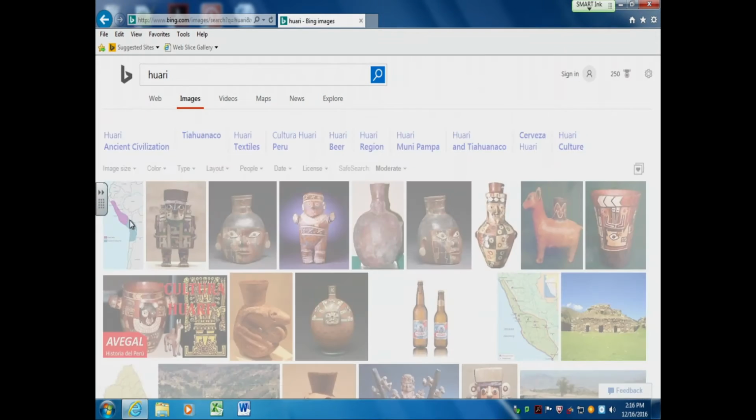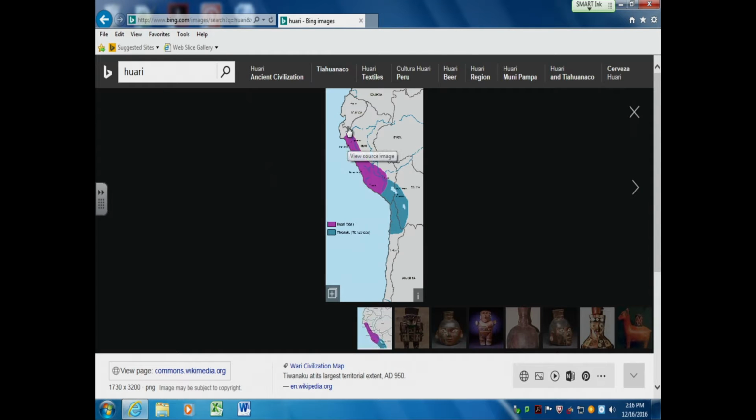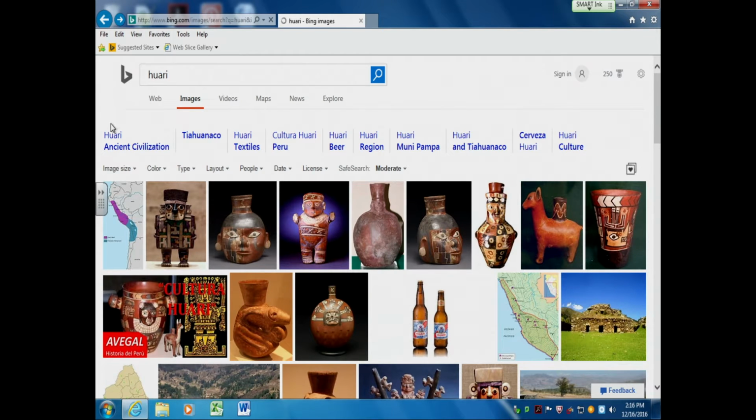They occupied a larger area here, down from Ecuador along the coast. And the reason they're so narrow is the mountains are right here. And what's crazy is after you get over this high mountain range, on the other side is the rainforest. So you have a huge difference in climate and culture between these two areas that exist side by side.